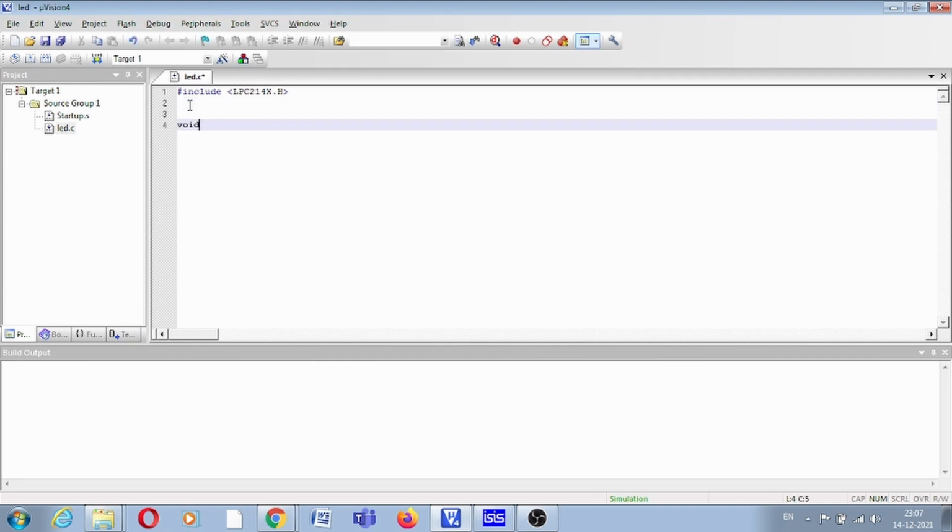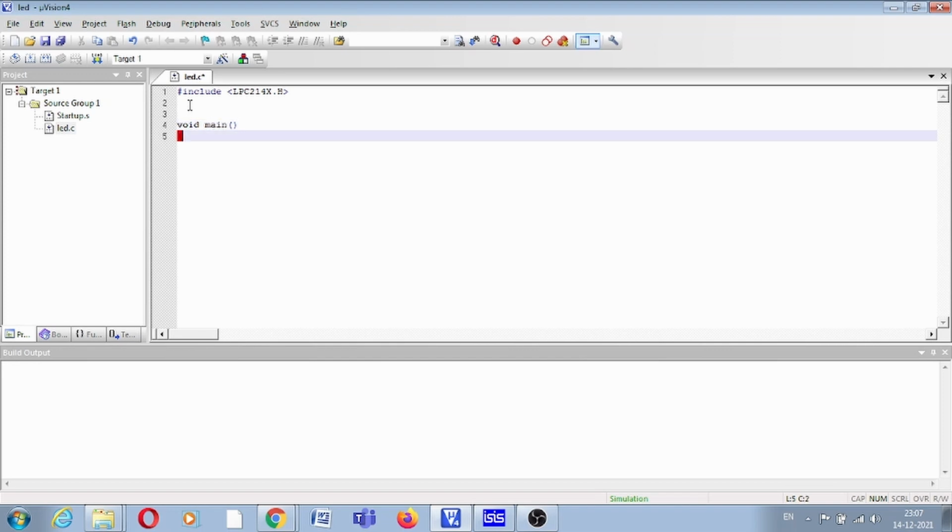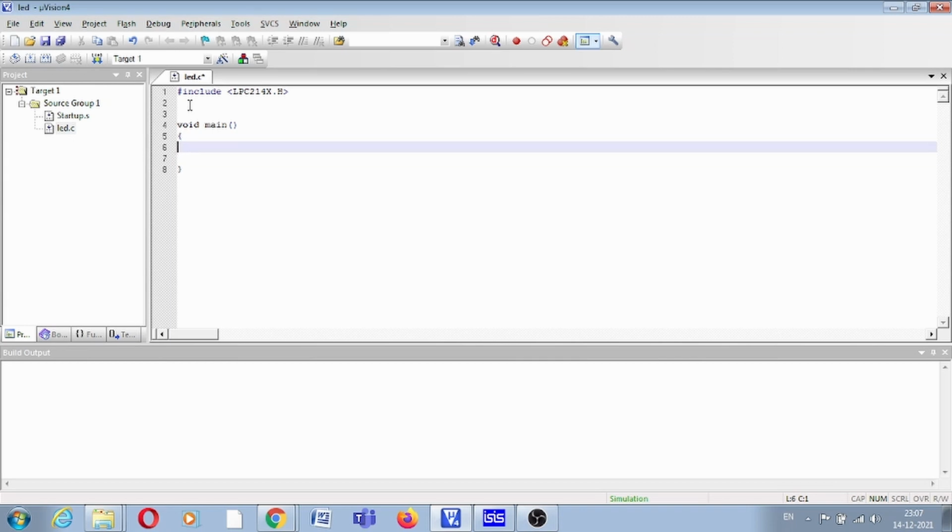So start from the main. Now the first instruction should be IODIR, right? And here you have to specify 32 bits.